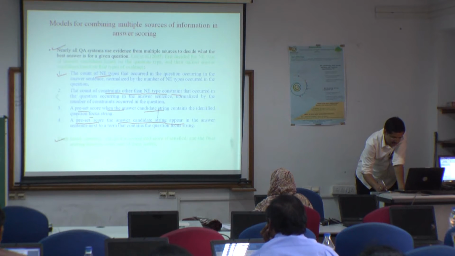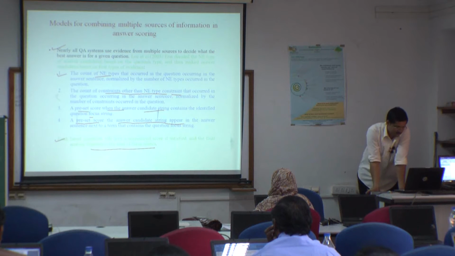Each listed condition gives a normalized score if satisfied, and then the final scoring function gives the score.